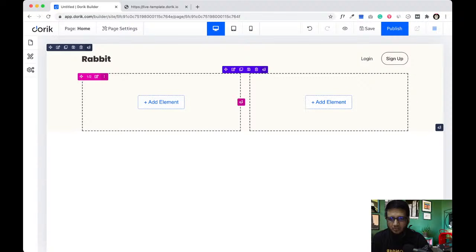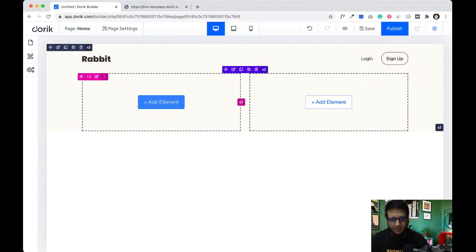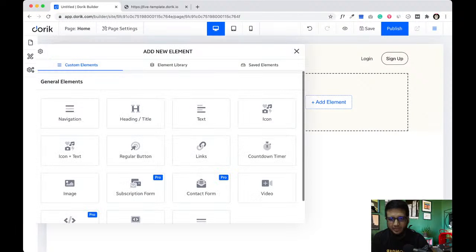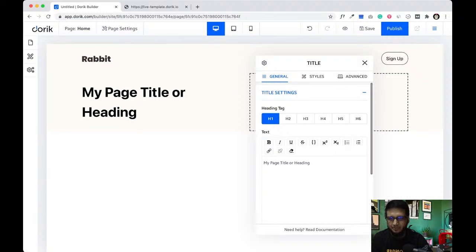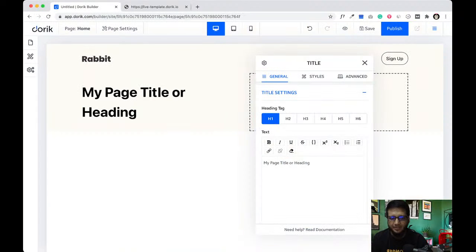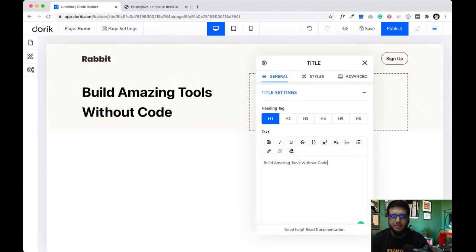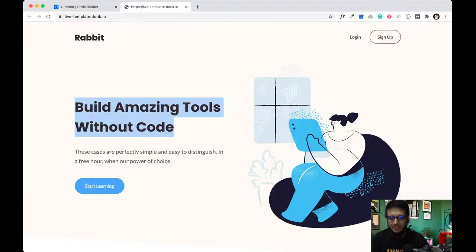In this column we are going to add our heading and this subheading and the button. So let's start. Add new element and heading. My page title is our default, so we are gonna just copy this text from here and paste it here. Yeah, but it's not the same as this.